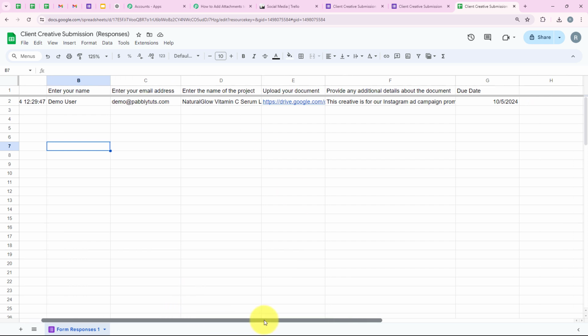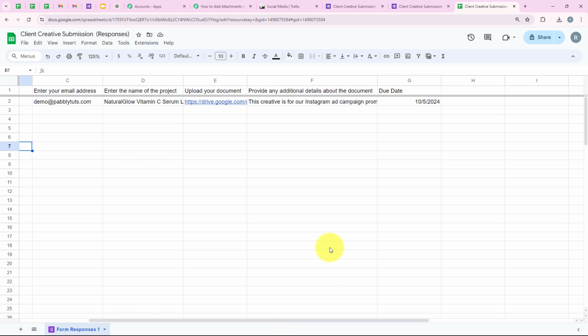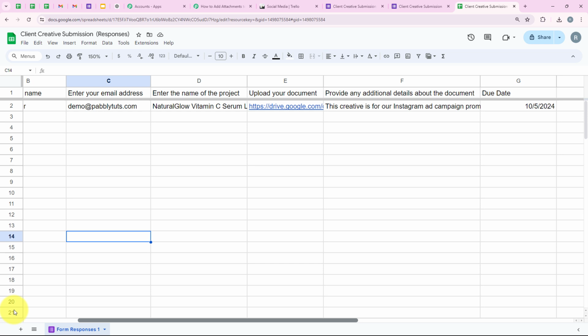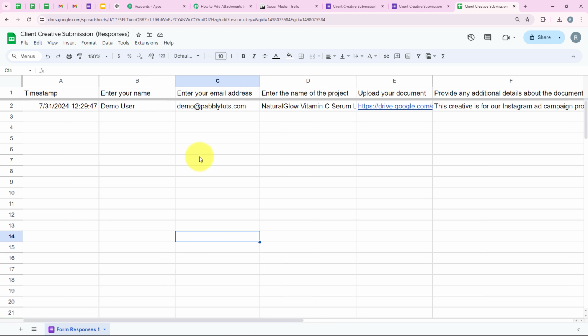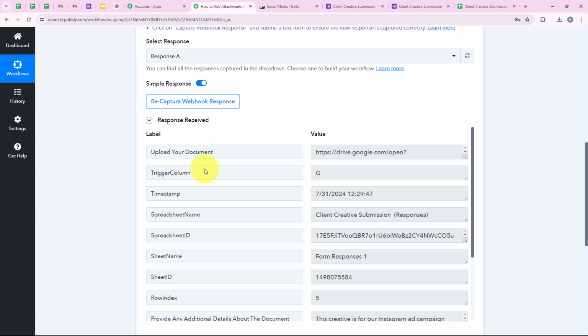So yes, with this we have successfully done the test submission. Now, as soon as the details are added right over here, which means as soon as a new event occurred in my sheets, automatically the details have been sent to my workflow. So I'm going to open my workflow and check whether Pabbly has captured the response of these details or not. I'm going to open my workflow, and yes, you can see that Pabbly has also captured the details